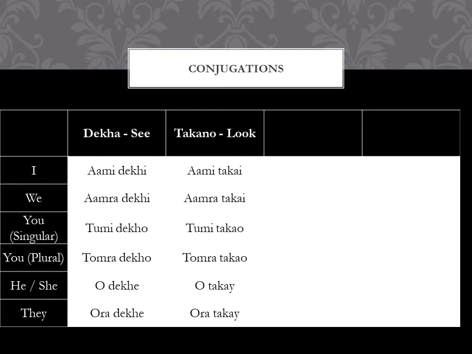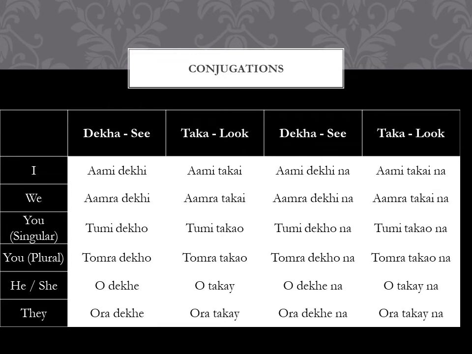e, o, and i. So Takano will become: আমি তাকাই, আমরা তাকাই, তুমি তাকাও, তোমরা তাকাও, ও তাকায়, ওরা তাকায়। Negations, very easy. আমি তাকাই না, আমরা তাকাই না, তুমি তাকাও না, তোমরা তাকাও না, ও তাকায় না, ওরা তাকায় না।